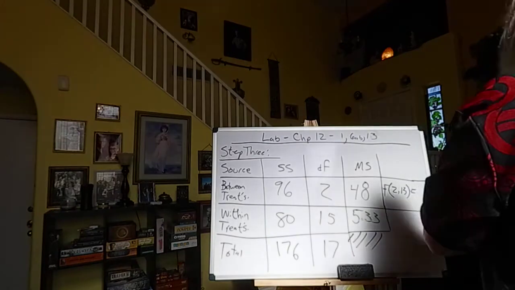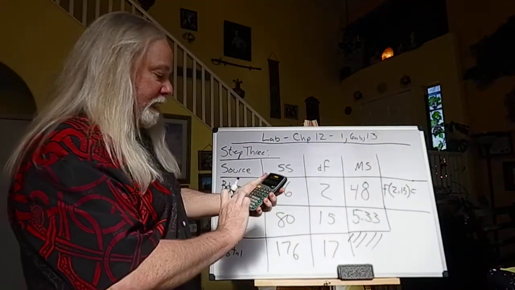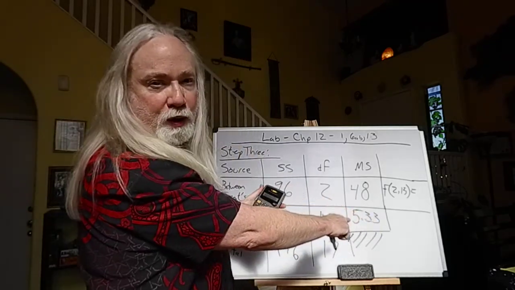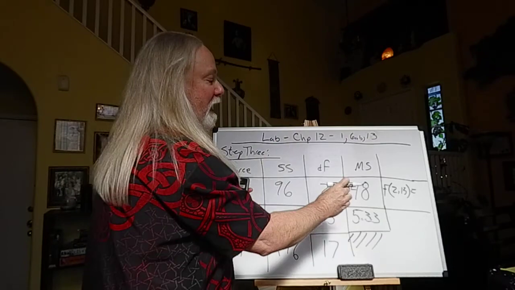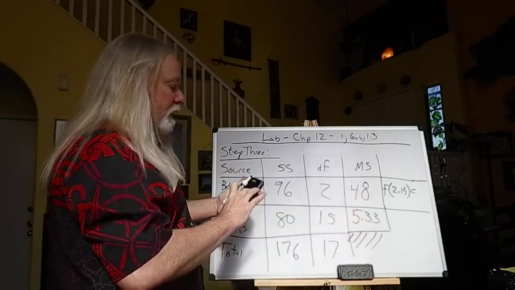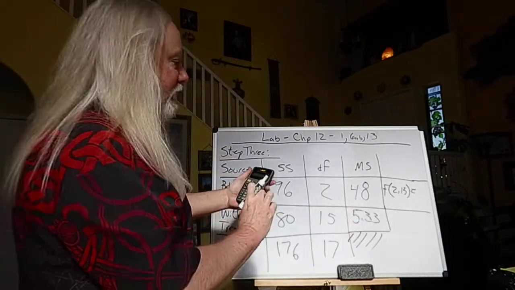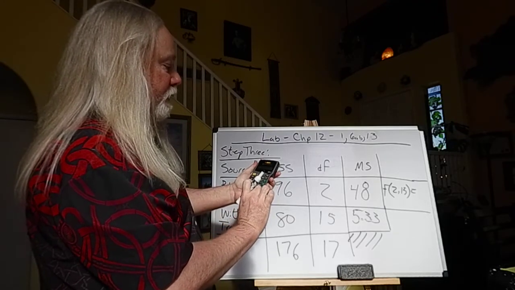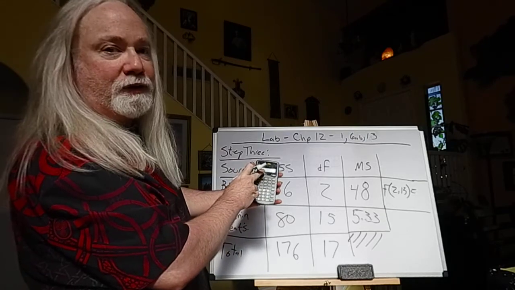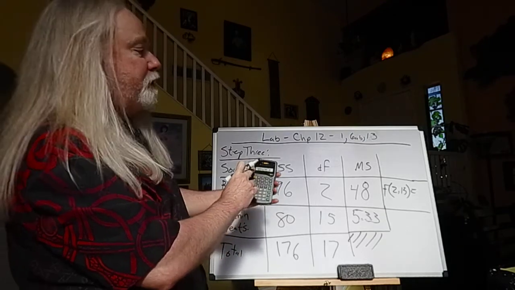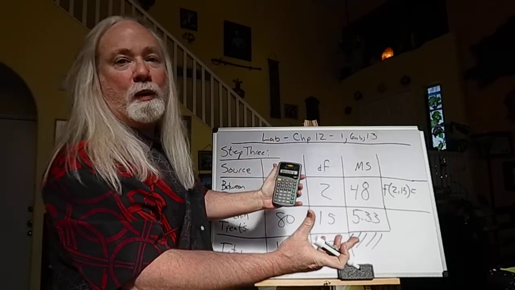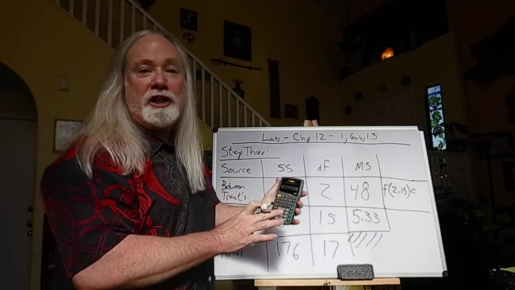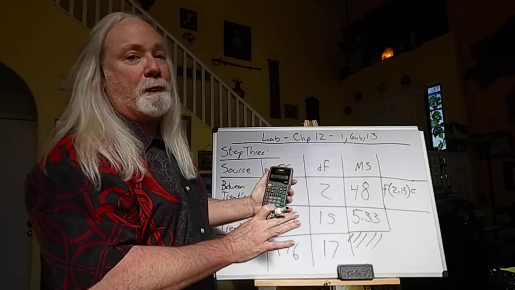Now, let's look at this. When we do 80 divided by 15, for this row here, it's 5.33333333 forever, right? So what do we do? We write down a rounded answer. Now, if we calculated with the rounded answer, 48 divided by 5.33 equals 9.0056, and so on and so forth. So if we were to round that, because we have to report rounded answers, that would round to 9.01, which